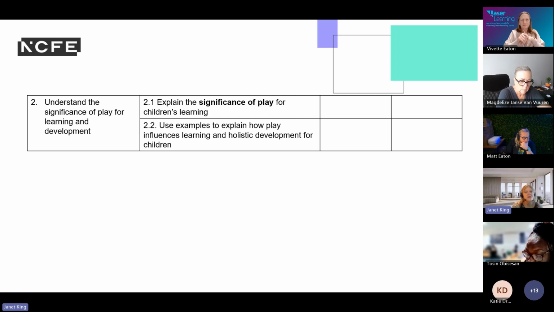Right, use examples to explain how play influences learning and holistic development for children. And I think that's where you can then think about, okay, I understand play. I understand some of that theory and some of that grounding and some of the background that's gone into play. I've learned about these different theorists and how they are impacting. I know about the different types of play or the different approaches and philosophical views on play. I'm now going to think about my typical child, my typical baby, my typical developmental stages and patterns of normative development, and I'm going to think about how I'm going to use play opportunities and experiences and why.